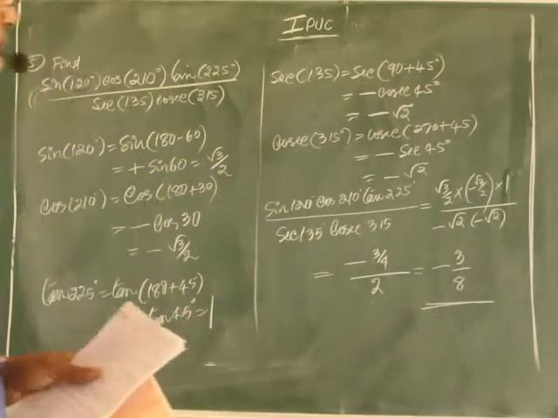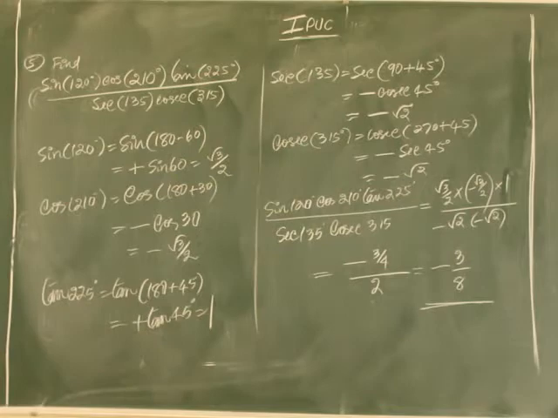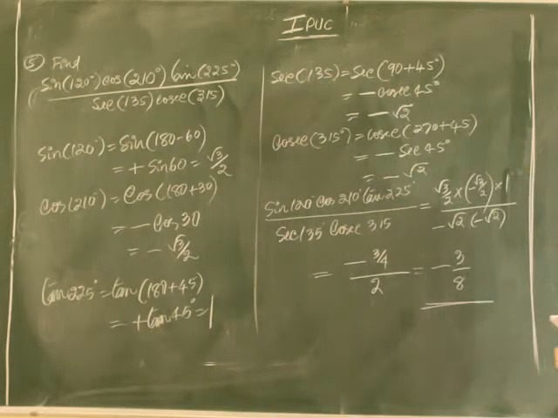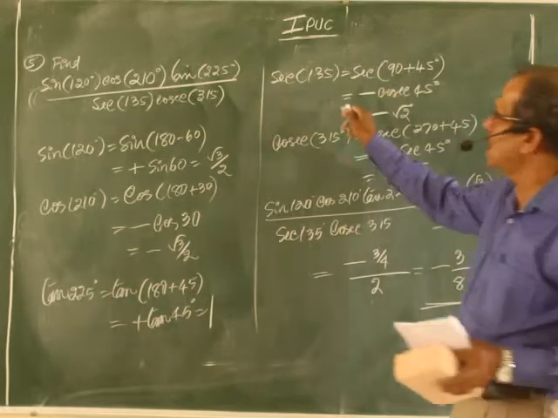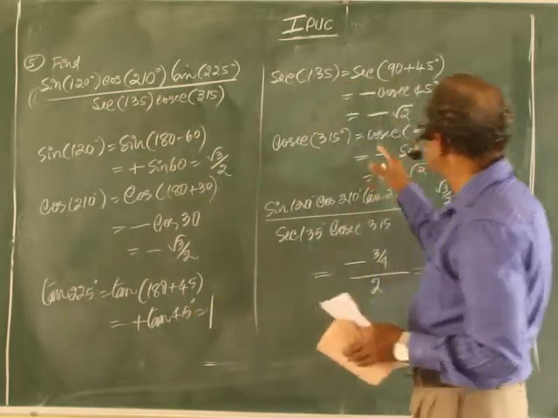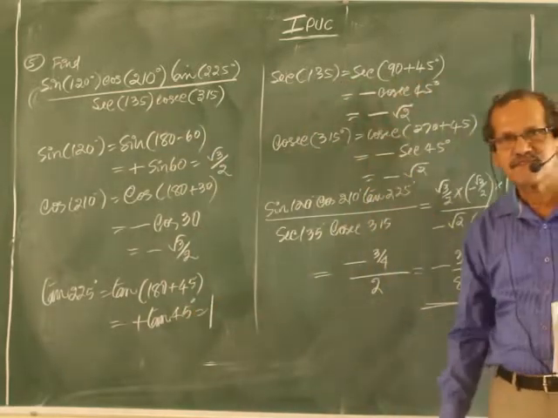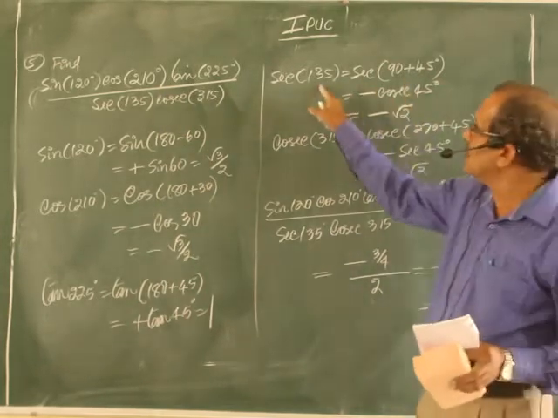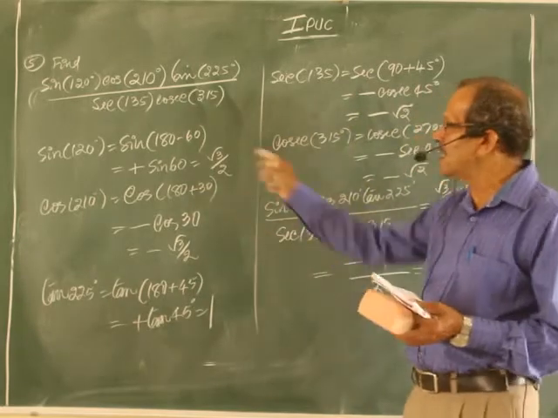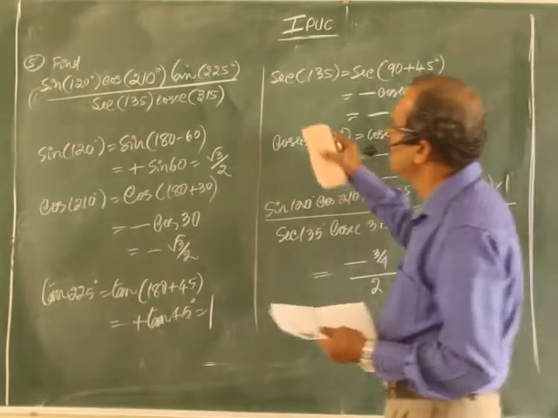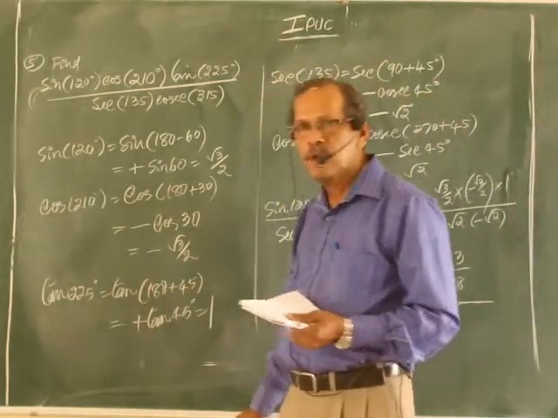Allied angles: using that, you can write the trigonometric ratio of any allied angle. But here, in all the examples, I have given only angles related to 60 degree, 45 degree, 30 degree, because they are the standard angles. Even though the angle is not a standard angle, we can still get certain problems. Let me take one example. Problem number 6.